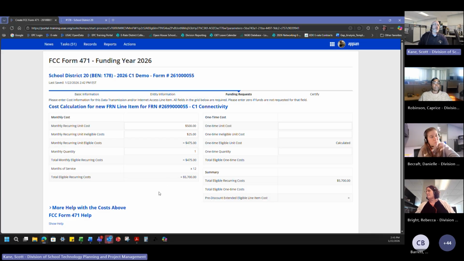Now, that's one way you could do the cost allocation. You might actually find that you have a better or a smaller cost allocation to do if you use the number of pre-K students versus the whole number of students in that building. So if you had 500 kids in the building,